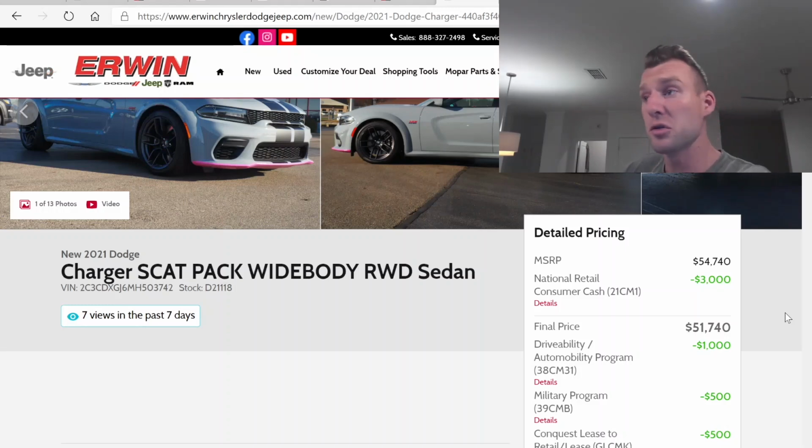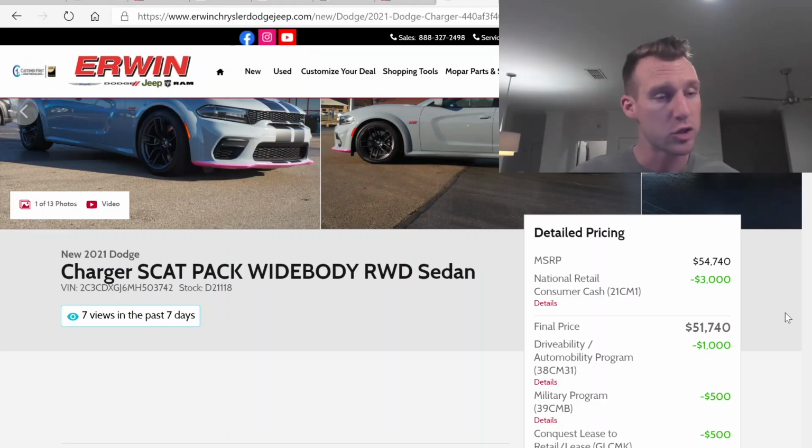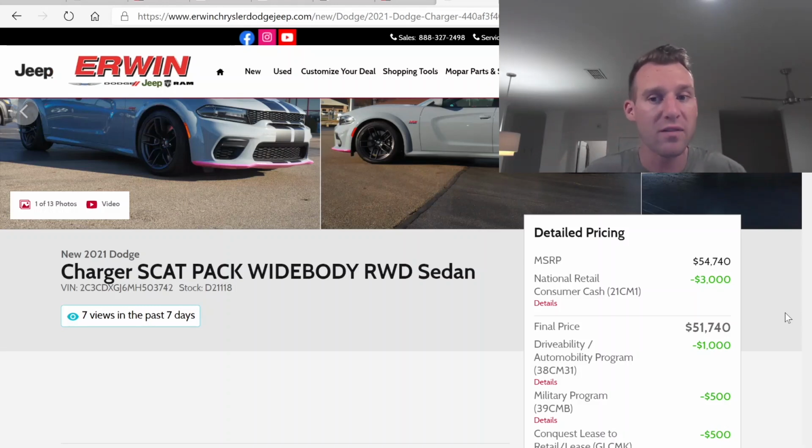I mean, usually the C8 next to any other car, it's like, oh, nice, that's a C8. Oh, what's that car over there? No, like, these Dodge wide bodies are just absolutely killing the game with the looks right now. They're so wide, they got such a menacing stance that the Scat Packs are a crazy value. Even without the $4,850 off and a dealer discount, just doing $3,000 off,